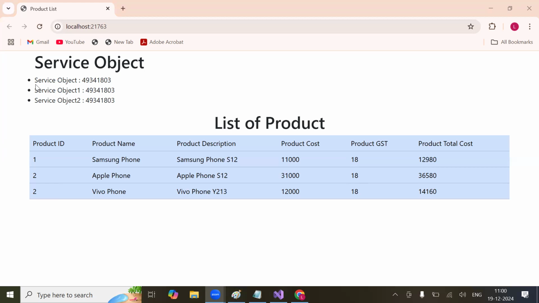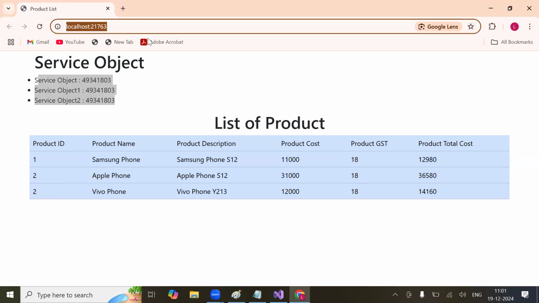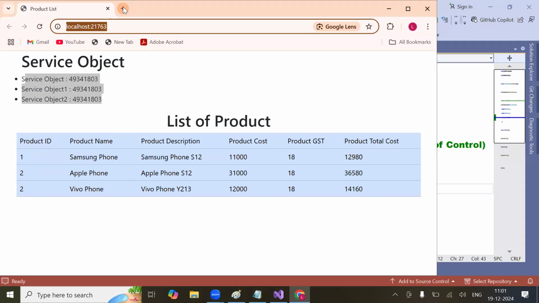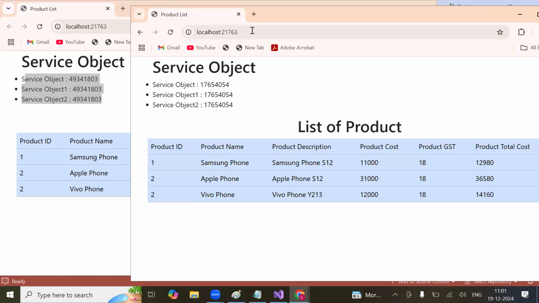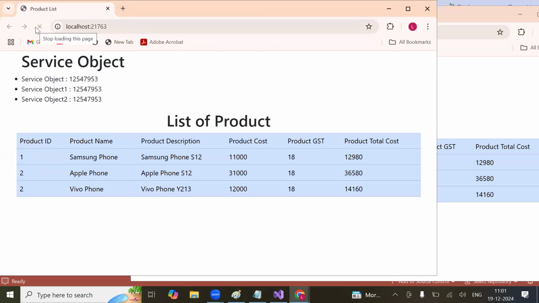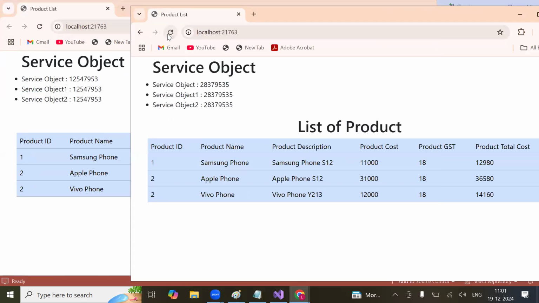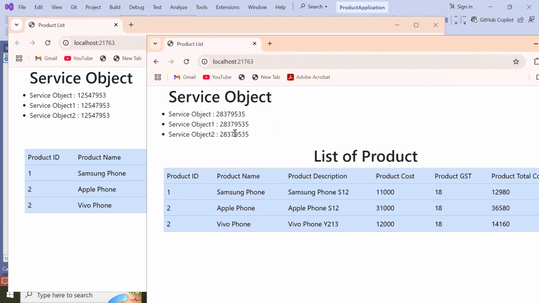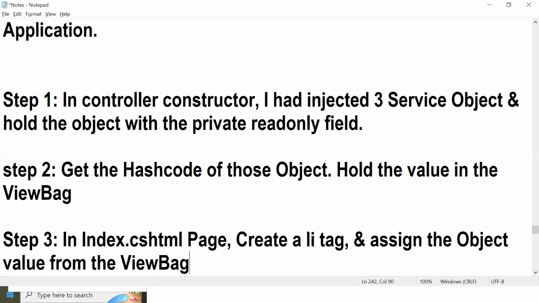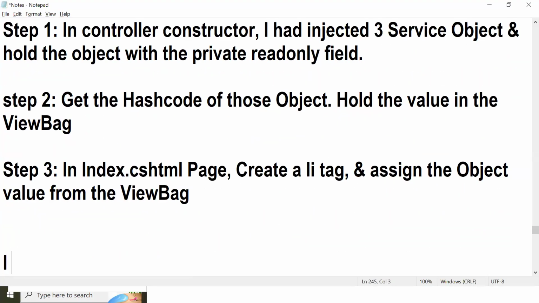Okay. So now, once you've done this, I copy this and put it in another browser. You see the same value with a different object. Objects are varied. This one is having one object, this one will have another object. That means this browser is one scope and this browser is another scope. This is called scoped object. Got my point? So in scoped lifetime, an object will be created